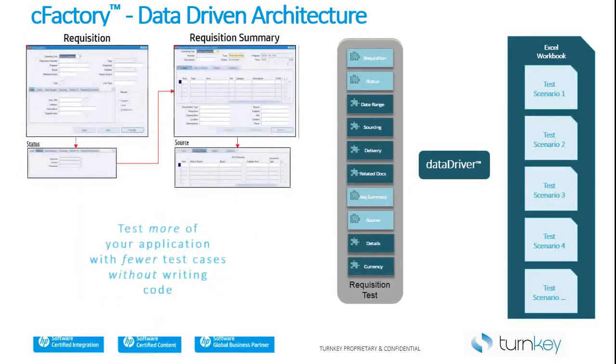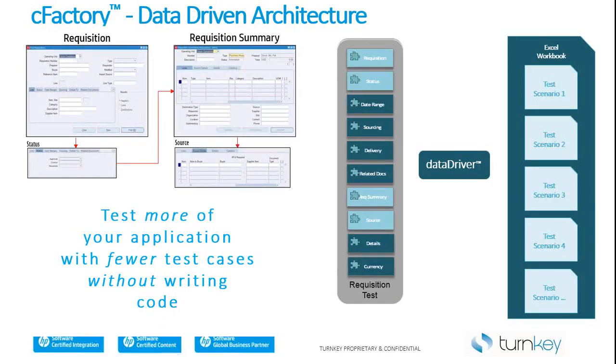So what does this mean? It means you can test much more of your application with far fewer tests. I think the typical compression is somewhere around 25 to 1, but we actually have people with applications that have a lot of different variables who have written over 1,000 test scenarios against a single test. So very, very powerful when you put this in the hands of a QA professional.